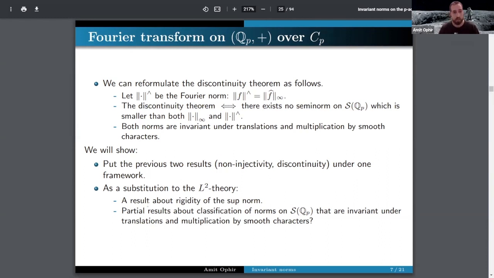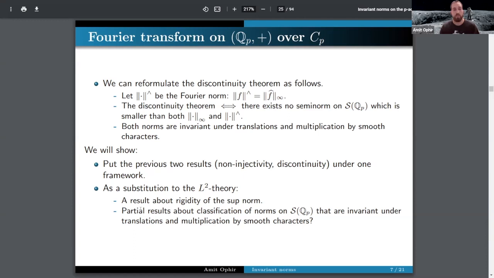Okay, so let me tell you what we're going to do next. Our next goal is, well, it serves also as a generalization of the construction of the Fourier norm and the results about this Fourier transform. And also about this second point here about classification of norms, we are going to construct a family